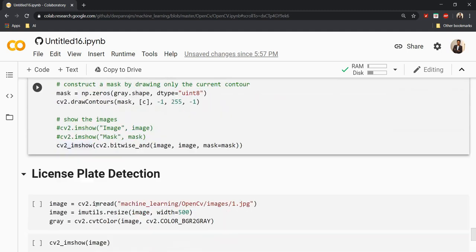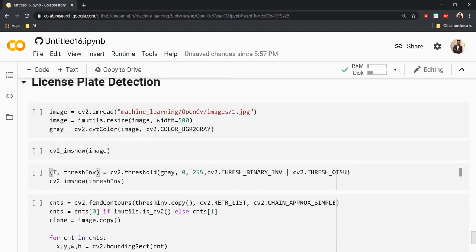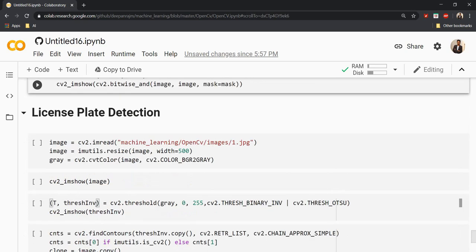Let me give you a use case that will help us understand in much more detail where contours can be utilized. I'm making a small license plate detection, which is done by image processing. It is not 100% right, but to understand contours better, this will be much more useful. So now let us go for license plate detection, where you can understand where contours can be utilized. This is a simple license plate detection which will not be that accurate in a lot of conditions.